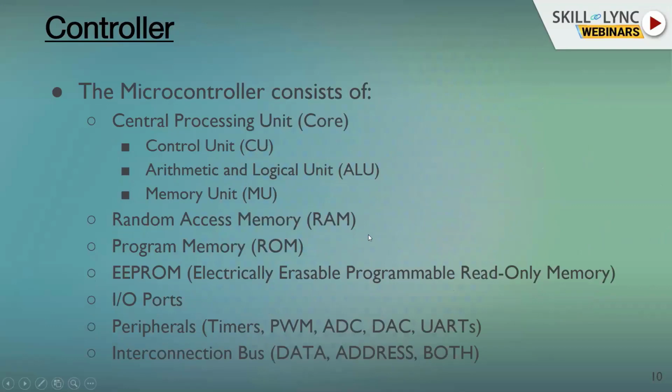Okay, so let's come to the central part, which is the controller. Now, like I said, most of these days these systems are built over a certain microcontroller architecture. And the microcontroller essentially consists of a CPU core, right? And the CPU core itself consists of a small control unit, an arithmetic and logical unit, and a memory unit. So the purpose of this CPU unit is essentially to fetch an instruction from memory, decode it and execute it, right?